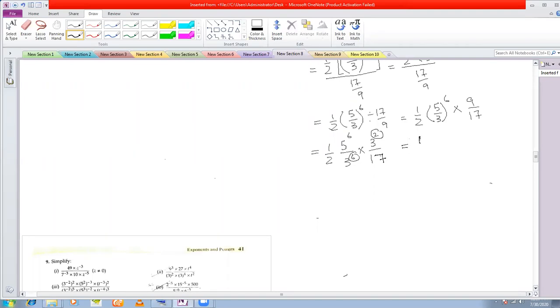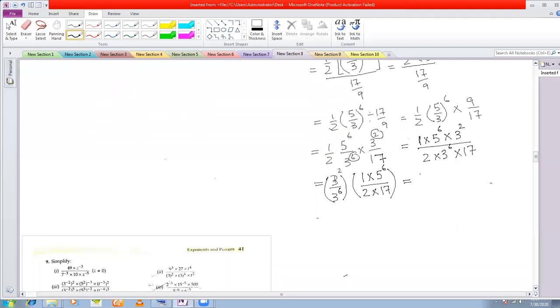Half is you take 1 into 5 to the power of 6 into 3 square divided by 2 into 3 to the power of 6 into 17. This is okay. Now what I do is I take all the 3's together. So I write 3 square by 3 to the power of 6. Okay. And the others together, 1 into 5 to the power of 6 by 2 into 17. Now is it okay? Yes or no?